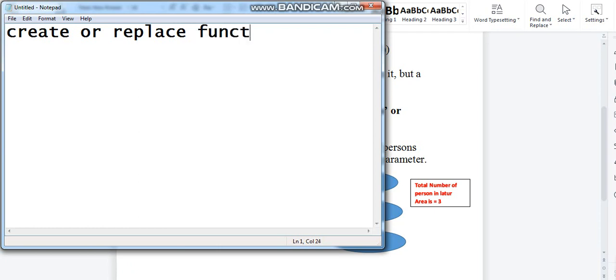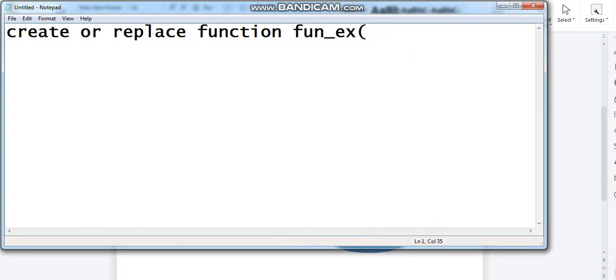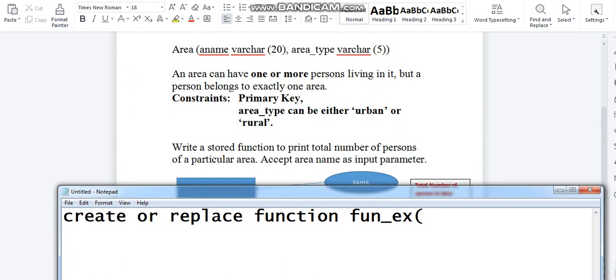The function keyword is used, and a user defined name is given to the function, like example. And I have to pass the parameter, since it says accept the area name as the input parameter.